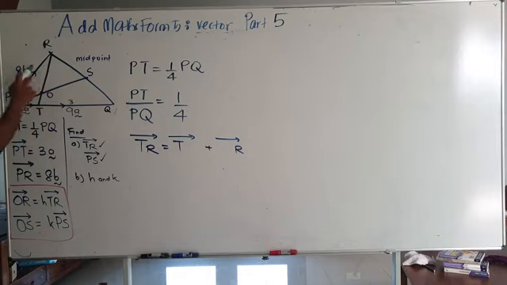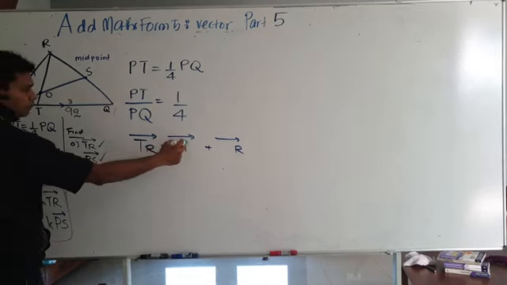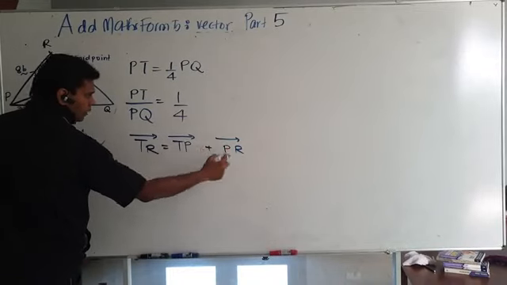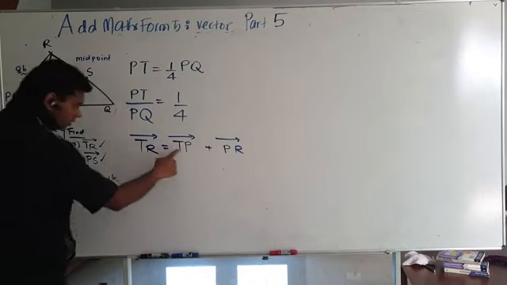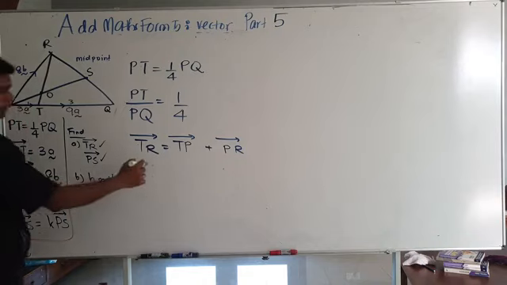Why did I choose this triangle? Because these two values are known. So TR here, so P is involved, R is involved. So P should be involved. So I'm going to choose P over here like this. Can you see? So P and P get cancelled. You will get TR again. So this is how you check whether your equation is correct or not. So now what is TP? PT is 3A. So the opposite direction, TP, must be negative 3A. All right, negative 3A.